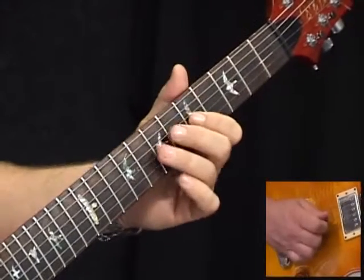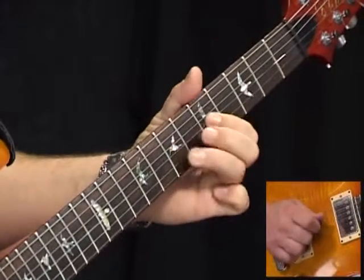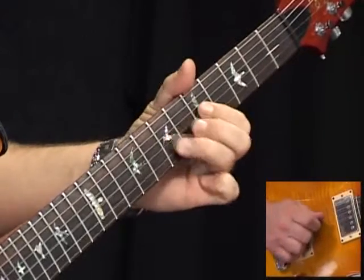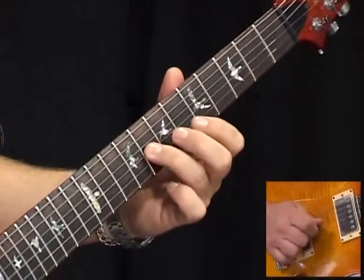Another way we can do this is sliding up to the flat 5. 1 and a 2 and a... Sorry, 1 and a 2 and a 3. This note that we're sliding from is just really a grace note. The main 3 notes are...